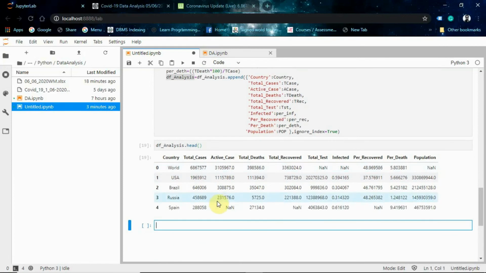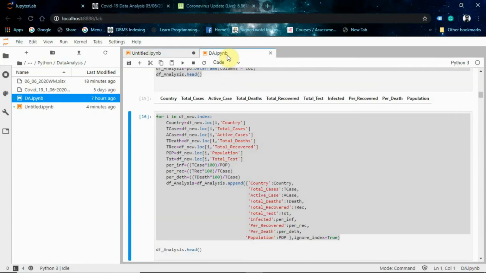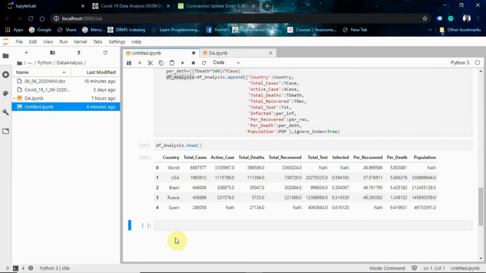So there is another way to see this data in shaded form, that we have the styler in the data frame. We use styler to shade this data according to the number. I'll show you how it's done.